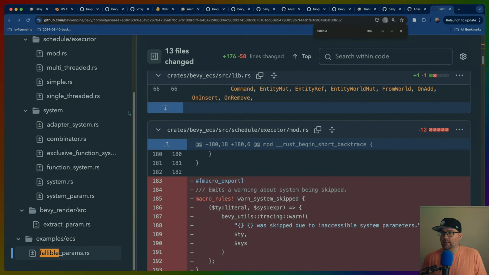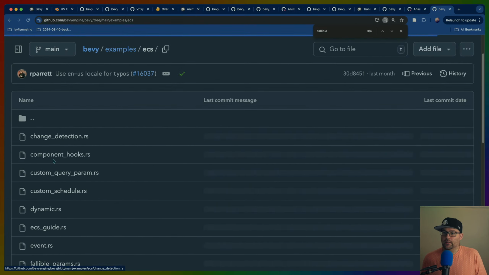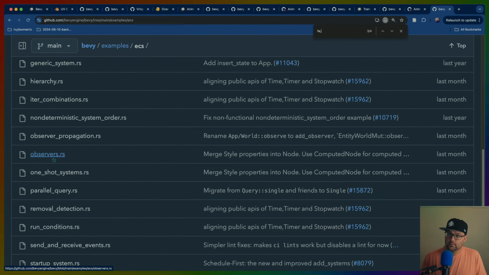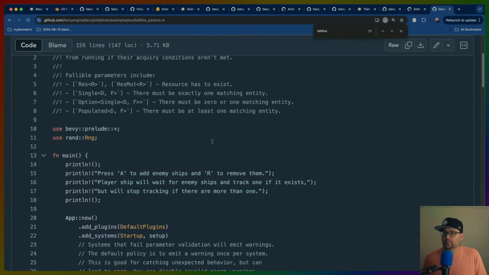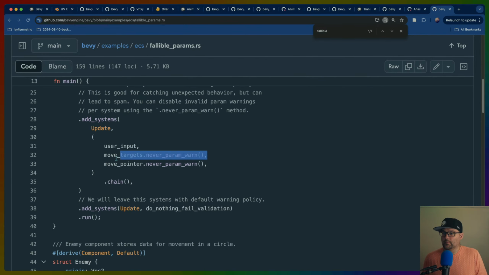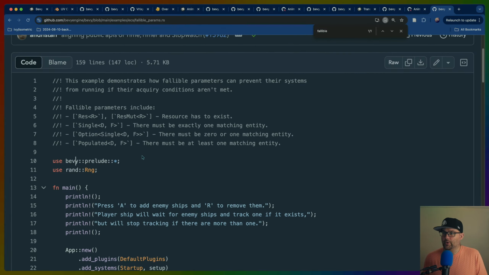Fallible params is in ECS. Fallible params. Never param warn. You probably need to bring in the trait or something like that. Nope. Prelude. Looks like it should just be there. Also,